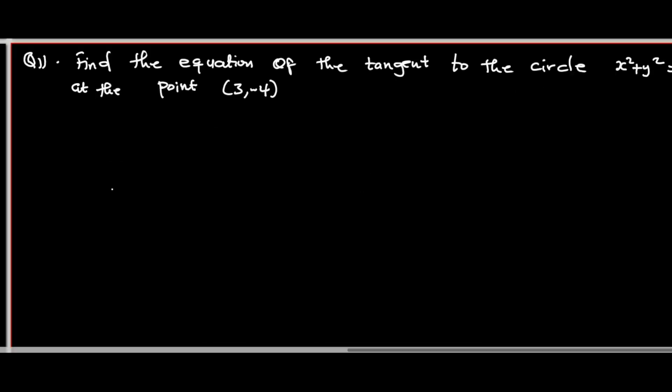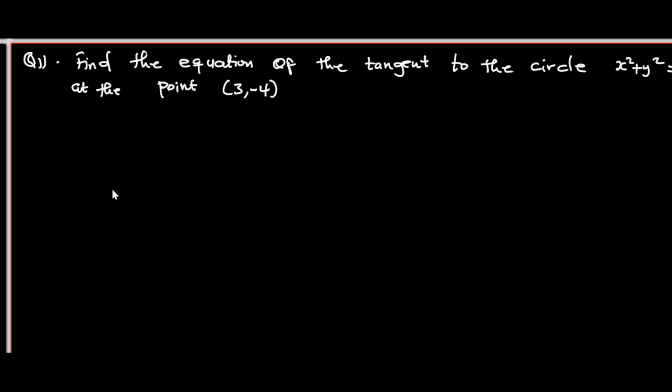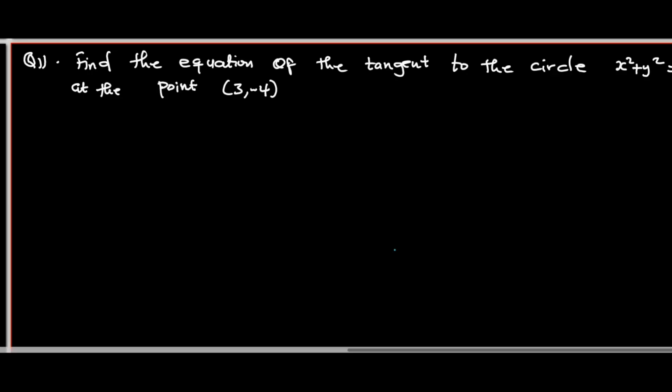Right, so we are being asked to find the equation of the tangent given the circle x squared plus y squared at the point 3, negative 4. So we can go through it by using different approaches. So the first approach we'll use is that when we are given this, we can go by the tangent formula, giving us